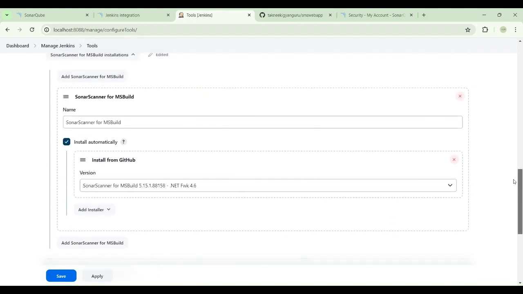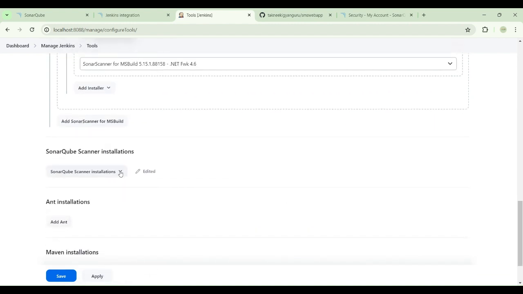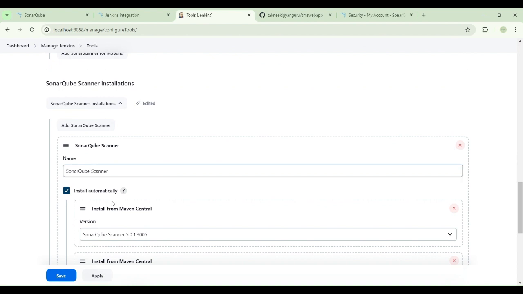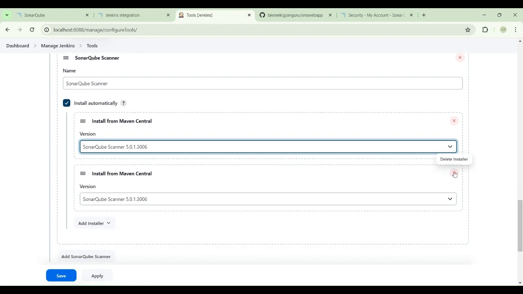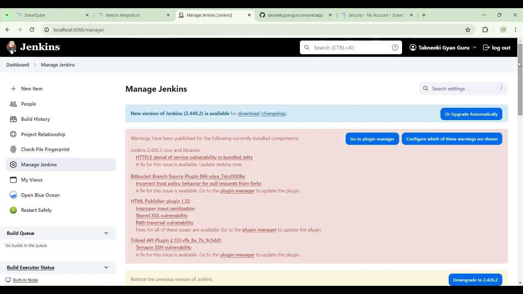and the SonarQube scanner installation. Here click here and add SonarQube Scanner, give a name, install automatically, select SonarQube Scanner, the latest version I have chosen, this one, right? From Maven Central, you just give only one, right? And save it. Apply and save it. Correct. This should be done. Once this is done,